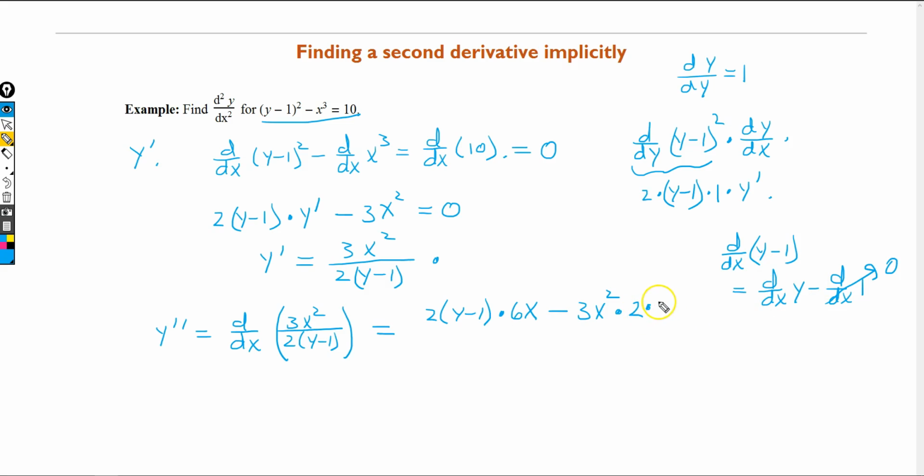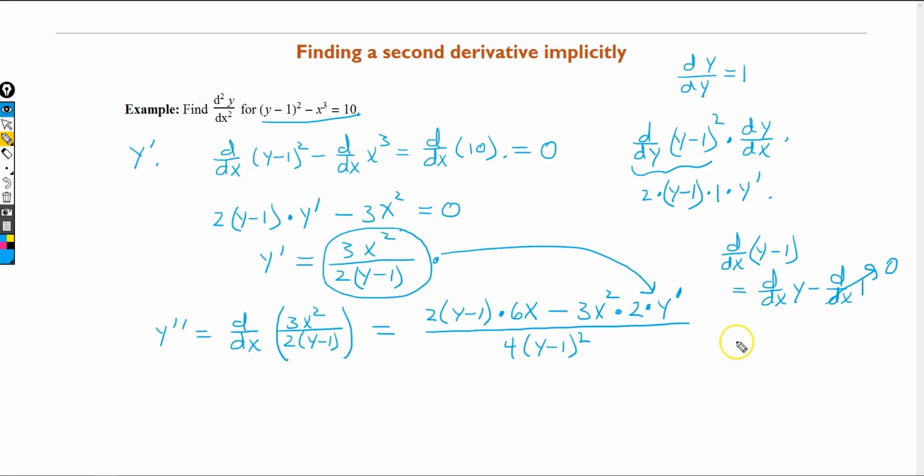So it's going to be 2 times y prime, and then divided by the bottom squared. And now what we can do is substitute this in place of the y prime and simplify a bit. So this becomes then,